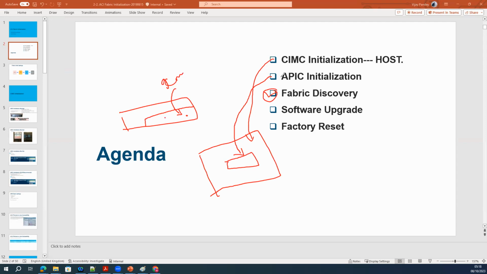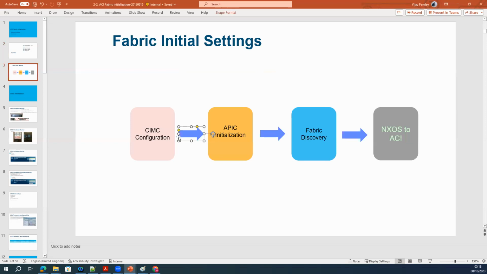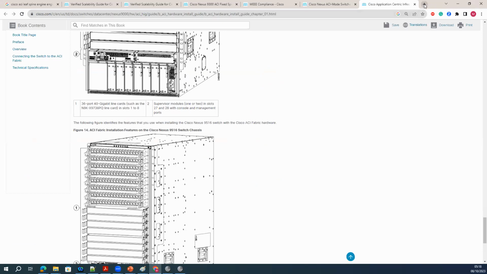Discovery. In the APIC installation, you configure the cluster details, everything. When you bring up your nodes for the first time, there are a few steps: first is CIMC, then APIC installation, fabric discovery, then ACI and NX-OS, whatever you want. Suppose you have one box. Let me open my lab one by one, just give me a second. I will show those things. Let me get one lab also, so I can show what exactly should be happening.